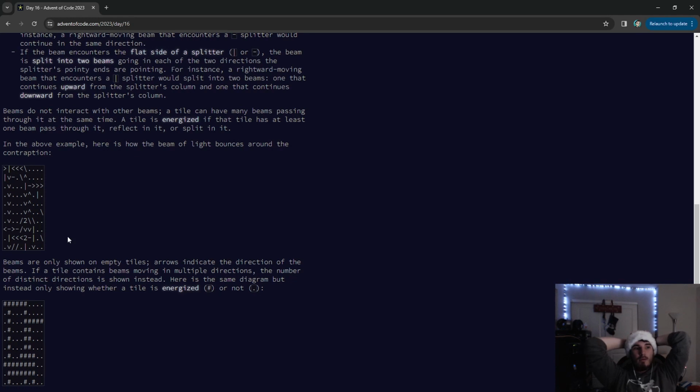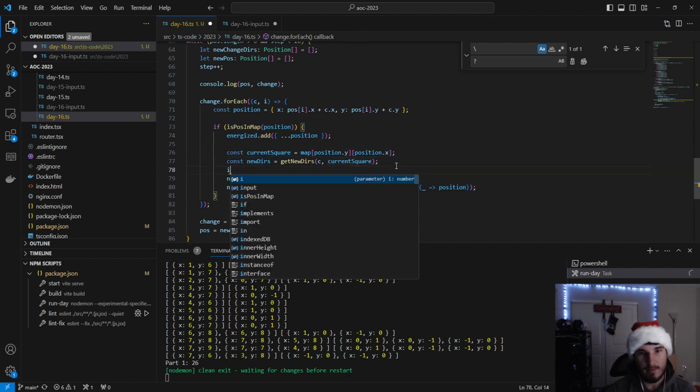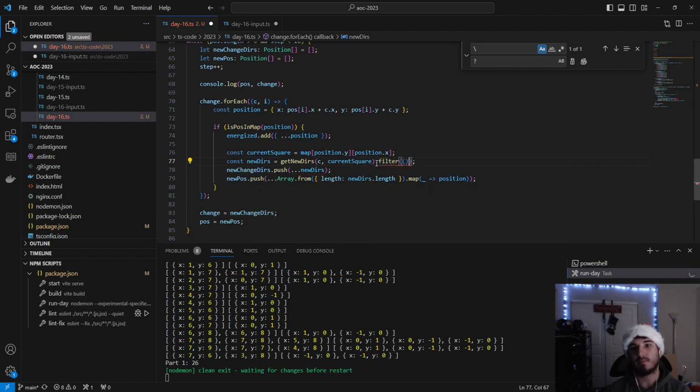I just need to detect infinite loops. Okay. Easier said than done. It would be technically here. Okay. Filter. Can